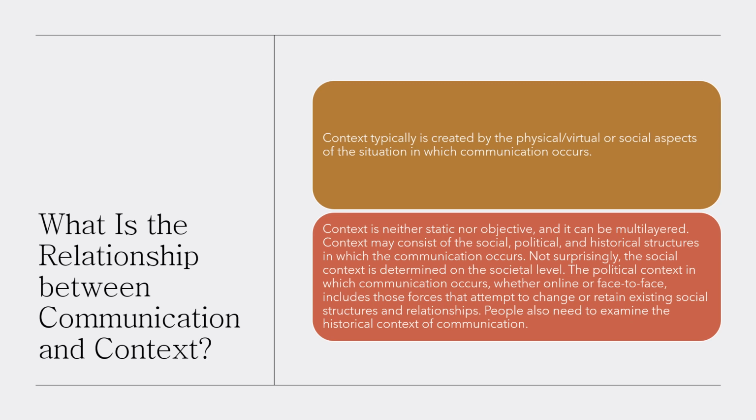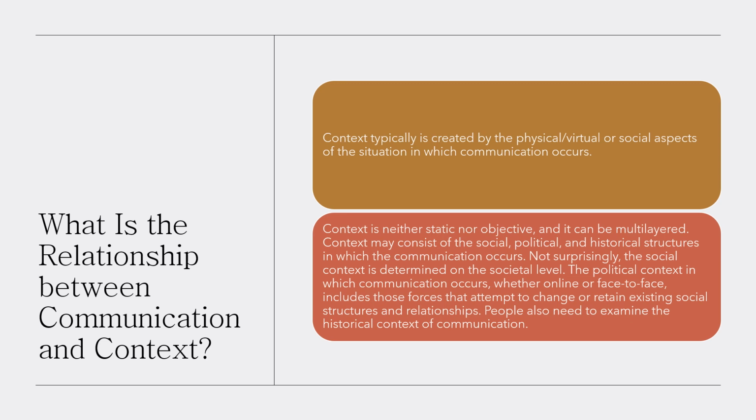In other words, communication occurs somewhere and between certain groups or people, individuals. So how does that context interpret or influence how we communicate? I mean, think about how differently you might communicate with your best friend, with your grandmother, when you're in church, when you're at school, when you're at work, right? You can have very different styles of communication based on context.